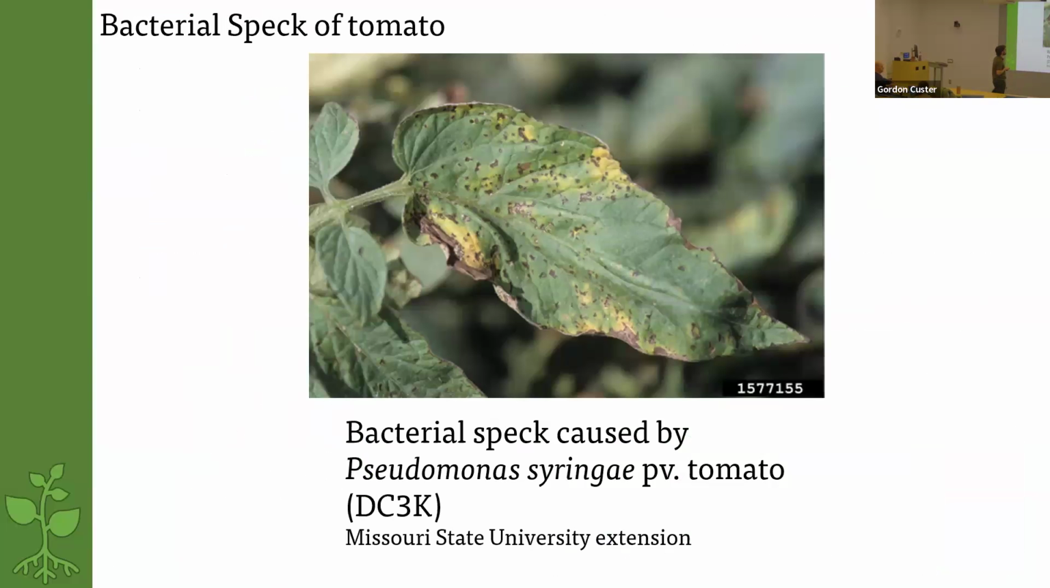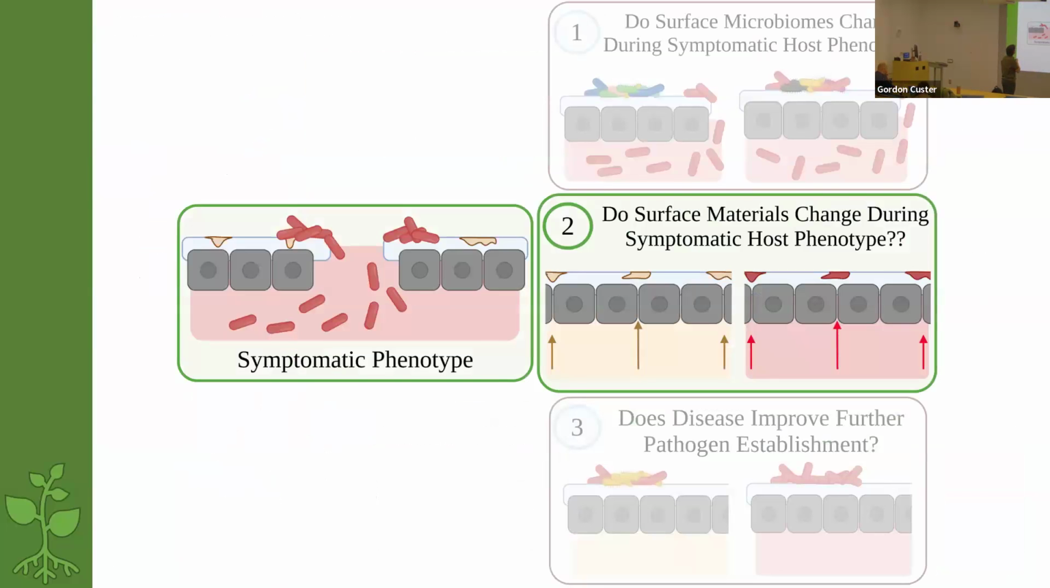The way in which bacterial speck moves around is it will act as an epiphyte on the leaf surface. So it'll persist on the leaf surface until a rain event occurs, and then rain will aid its mobility into the leaf through the stomata. Once that occurs, you have subsequent infection through other rain events into the rest of the leaf and then across your field. And when we look at blotch,